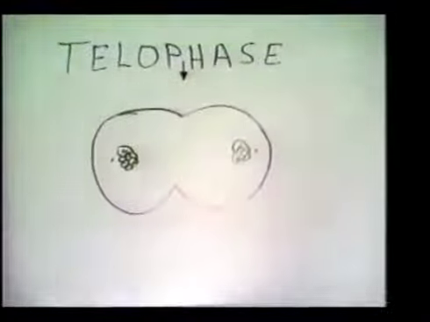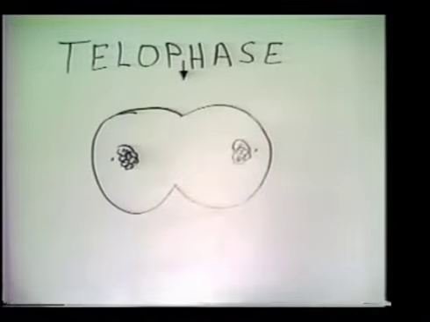The final phase of mitosis is telophase. The conclusion of anaphase and the beginning of telophase are marked by the completion of migration of the chromatids or chromosome strands to the opposite ends of the cells. A cell plate or wall develops across the center of